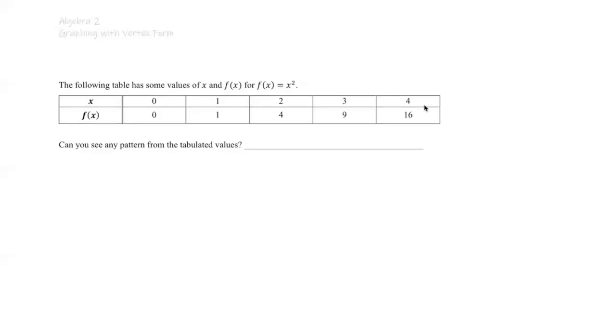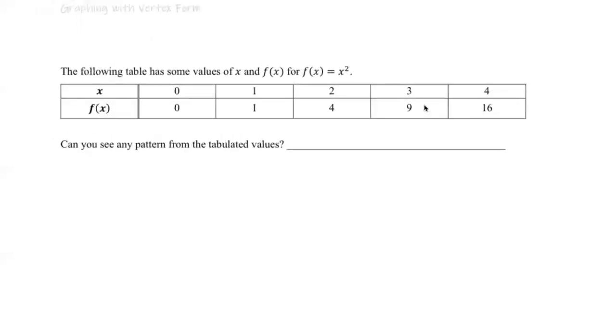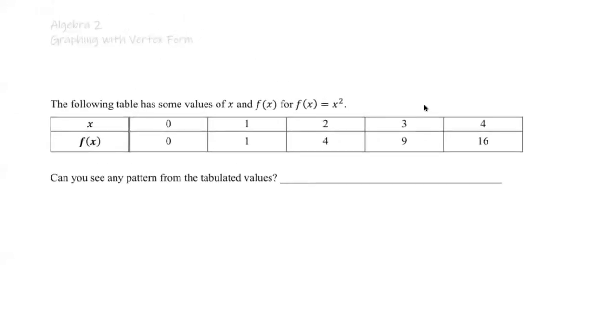All right, so for the past few lessons, we have done quite a bit of graphing, right? We found out the roots, we found out the discriminant, okay, with the standard form. So today we'll do some more graphing, but before we start, we have something very interesting to observe, okay? So what you see here is a table of the x values and the function value with the function